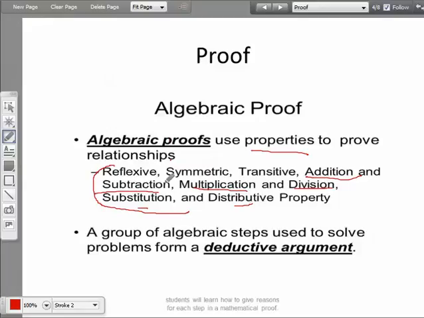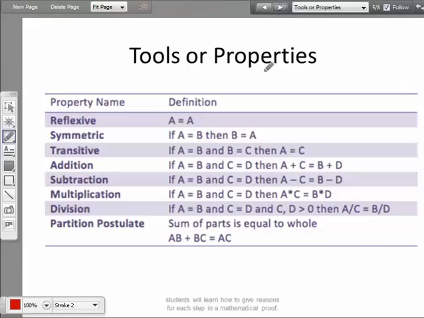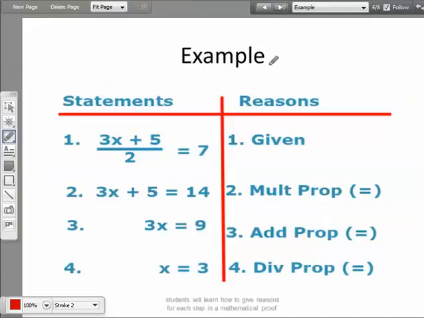And we're going to put these relationships, these properties, together, and form what's called a deductive argument. You might have heard of deductive before. That's what Sherlock Holmes used. He used deductive reasoning, okay? So we're going to use reflexive, symmetric, transitive, addition, subtraction, multiplication, division, and the distributive property. That's what this is down here. Okay? So we're going to use those tools every time. So here's an example of